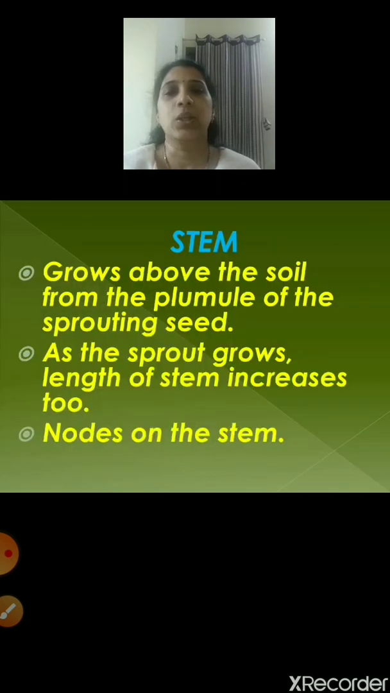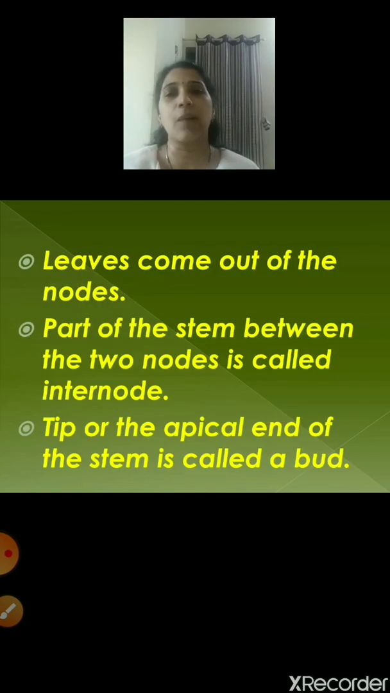So the stem grows above the soil from the plumule of the sprouting seed. As the sprout grows, the length of the stem increases too. There are nodes on the stem and the leaves come out of these nodes. The part of the stem between the two nodes is called the internode. The tip or the apical end of the stem is called a bud. There are some underground